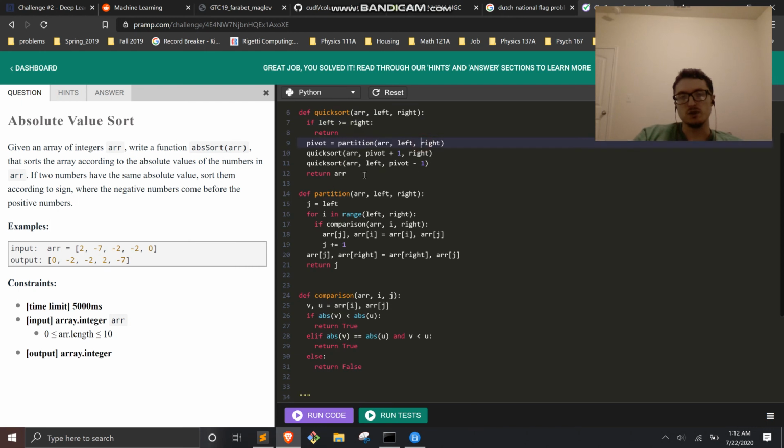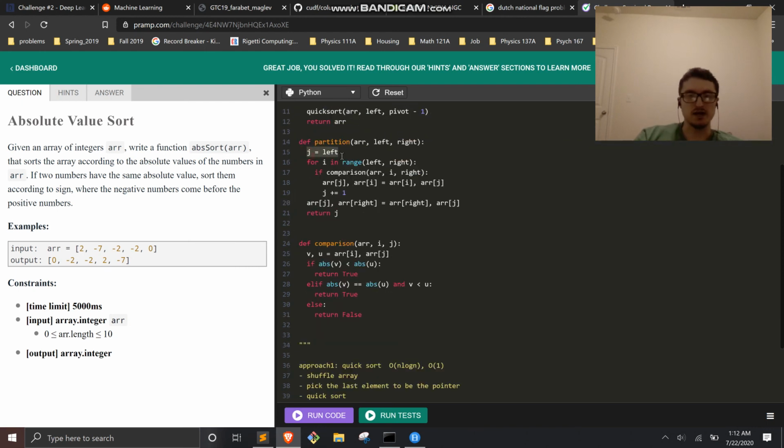So we partition here. The partition function is pretty important, and I had made a mistake with this earlier. So j equals left is basically the condition that we want, because we're only starting with that left pointer, and then i iterates from the left to the right. This is using the two-pointer approach, and the idea is that the j pointer is always going to point to